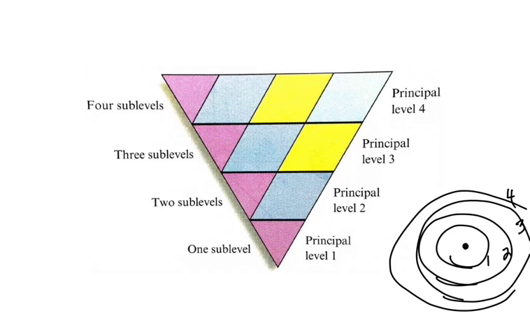Now, in energy level number 1, what this is telling you is we only have a single s orbital. That's what this guy is down here. That little pink color represents an s orbital, and there's only one in the first energy level, and it's in an s shape. So energy level number 1 can only have s. If we're in energy level number 2, we can also have s, but in addition to s, we can have